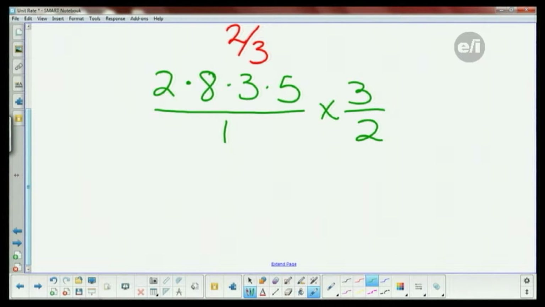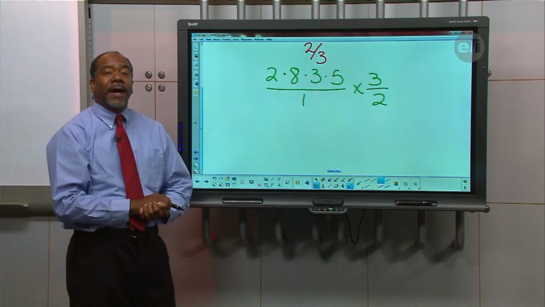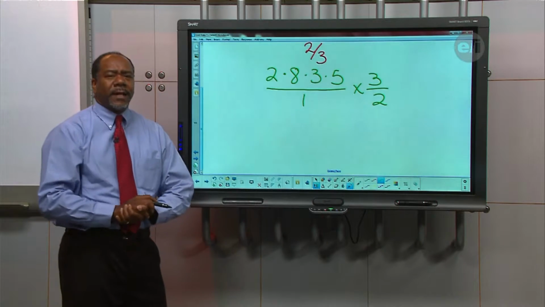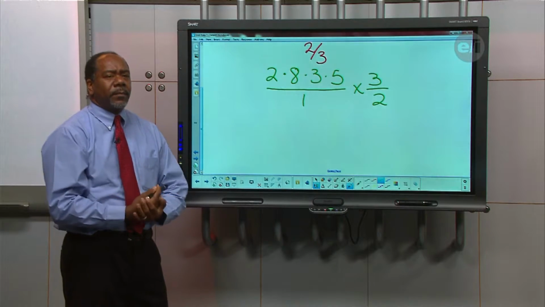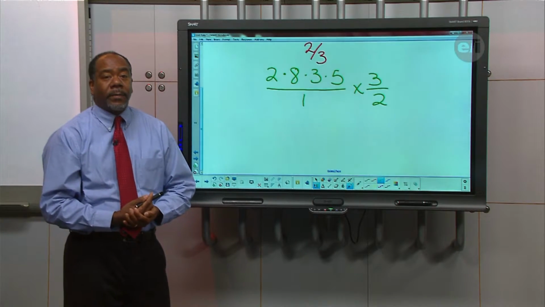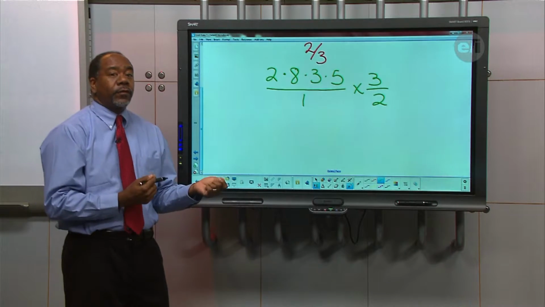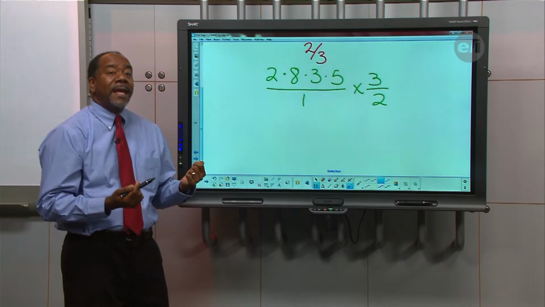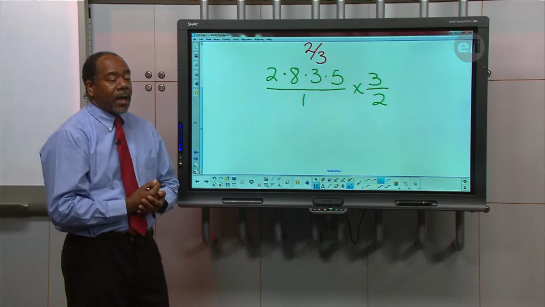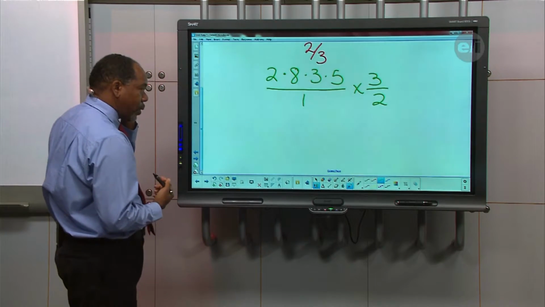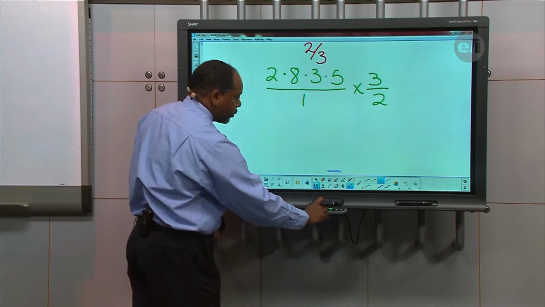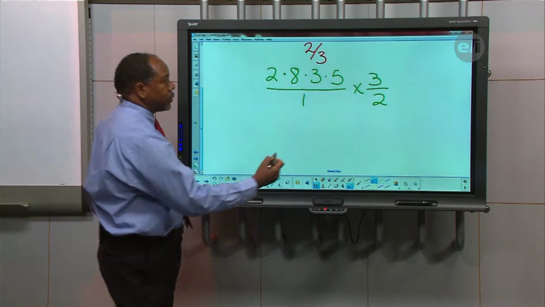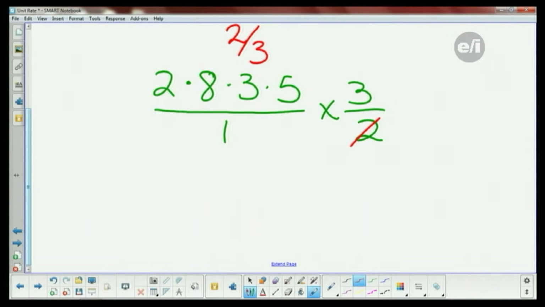Now, what I need to do is multiply all those numbers in the numerator, and then divide by the numbers in the denominator. One of the things that I tell my students to look for is whether there are any numbers in the numerator that are also in the denominator, because if they are, they're over each other. Anytime I have the same number in the numerator and in the denominator, they cancel out because they're equal to 1. As I look at this problem, what jumps out at me, and should jump out at you, is that 2. So I can cancel that 2 out because 2 over 2 is the same thing as 1. So I can cancel them out.